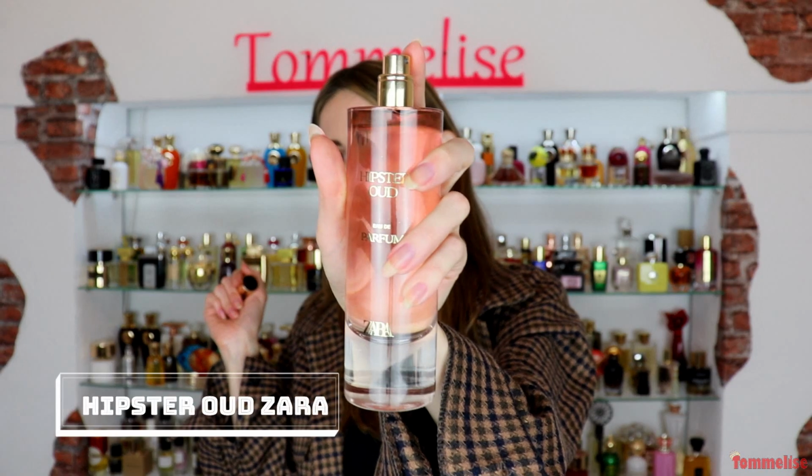by the way, and it was one of the ones that I got that same day because I was really impressed with it. But let's move on to something completely different, not masculine, but rather very feminine, and I'm talking about the Hipster Wood that comes in the pinkish bottle, and that totally makes sense because when you spray it on and dip your nose in there, you are in a very playful mood, like maybe at the 16th birthday of some very girlish